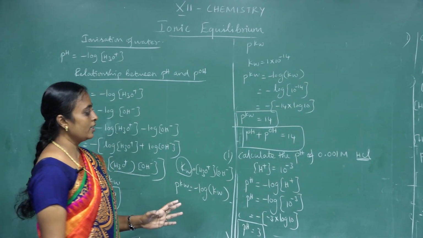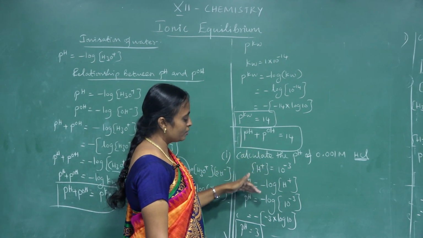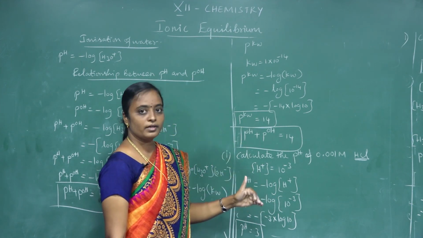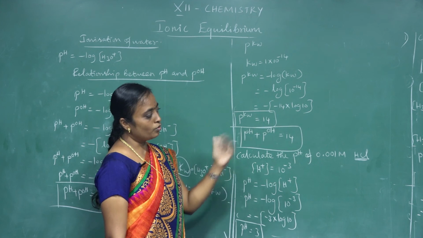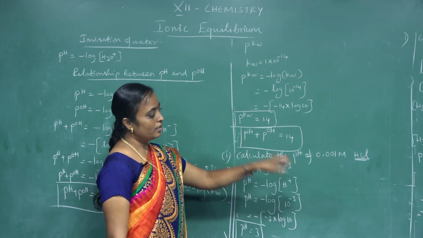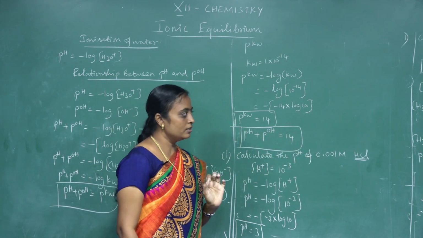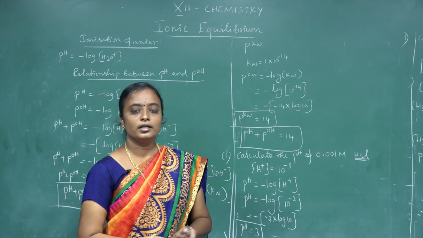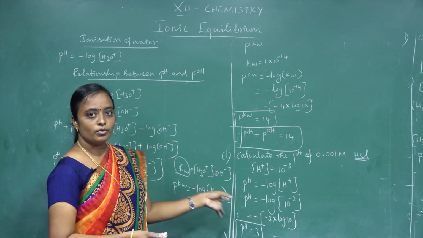So, generally, if you go with a pH problem, usually they give the concentration of hydronium ion, and if you substitute and get a pH value less than 7, no problem. If you get equal to 7, again we have to concentrate on the concentration of hydronium ion, and you have to add those values and calculate, to predict the pH value for an acidic solution. So, in this section, we discussed strength of acid and base, ionization of water, ionic product of water, and the relation between pH and pOH value. Thank you.